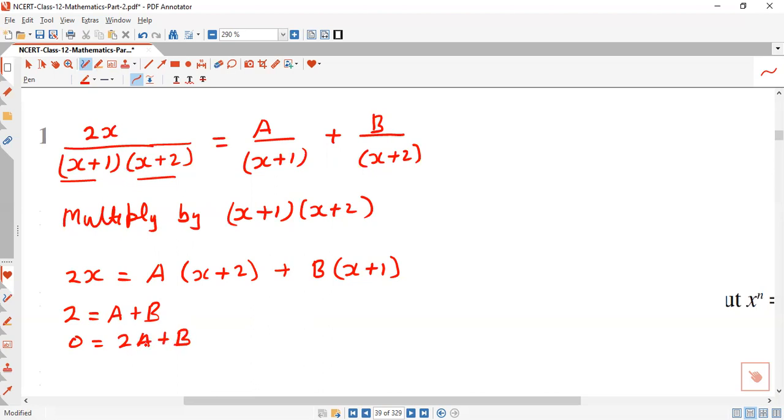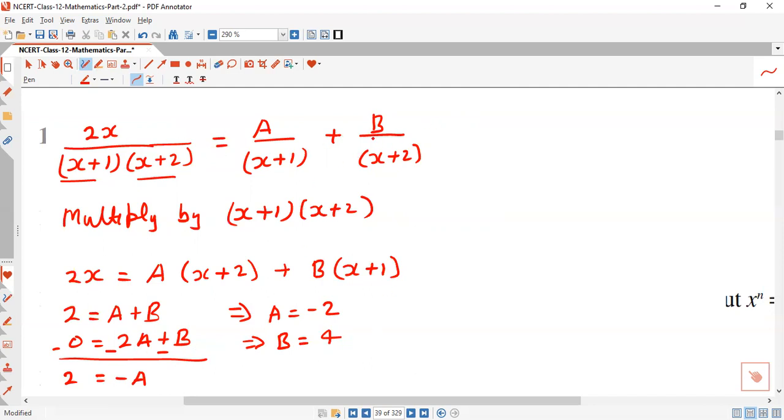These two equations are there. We separate these two equations. You are getting 2 equal to minus a, which implies that a equal to minus 2. A equal to minus 2 comes out. It means that b should be equal to 4. So b equal to 4, and we are getting this answer for a and b.